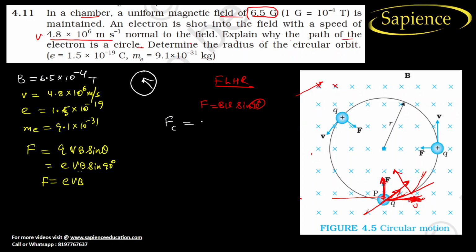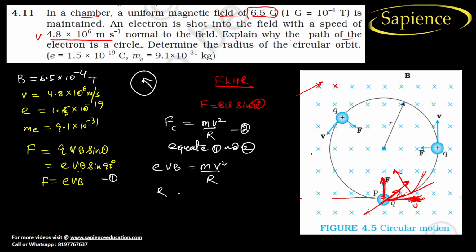So what will be the formula for the circular motion? This is equal to mv square by the radius of the circle. Now we have got one equation, this one, and a second equation, this one. So equate 1 and 2. When you equate 1 and 2, what do we have? We have evB equal to mv square by r. Now from here we can get the radius of the circle as